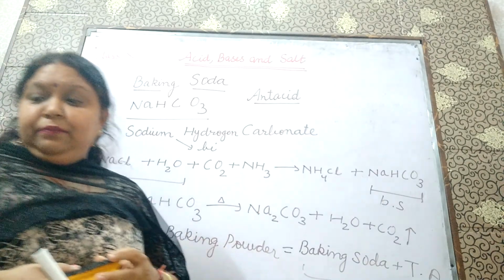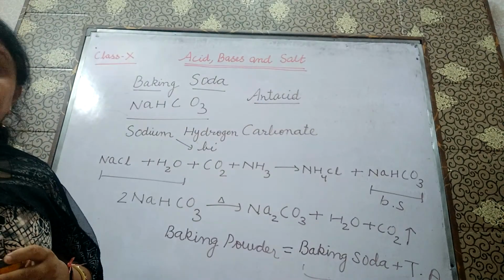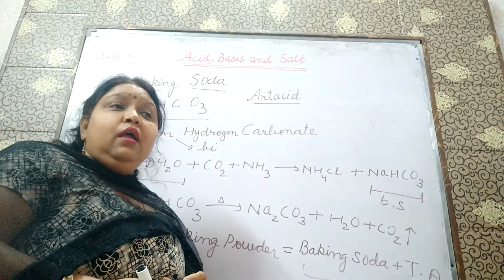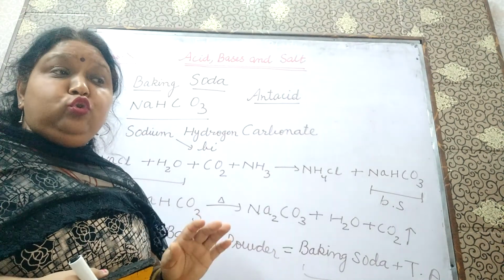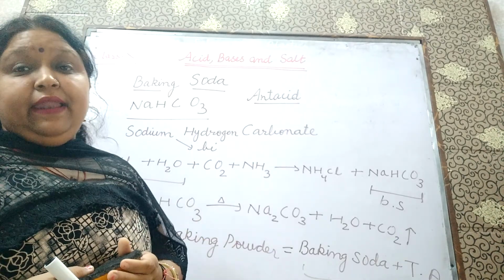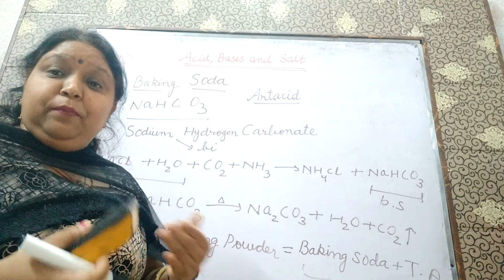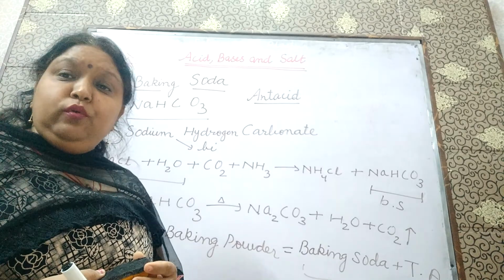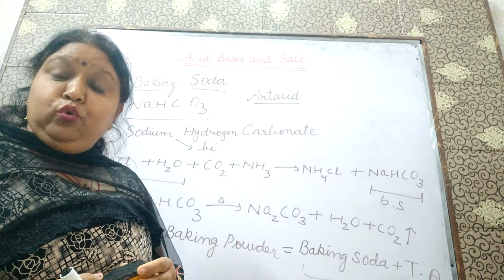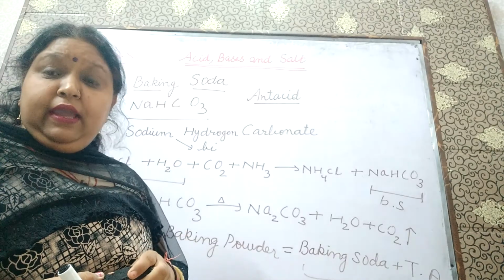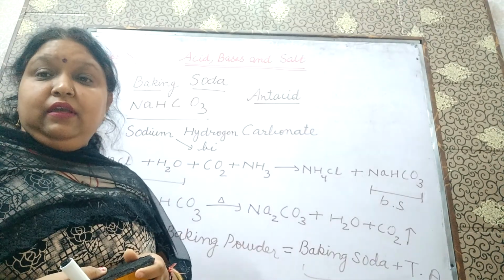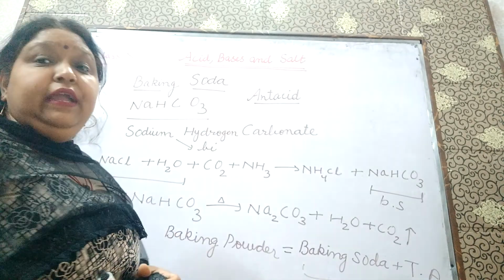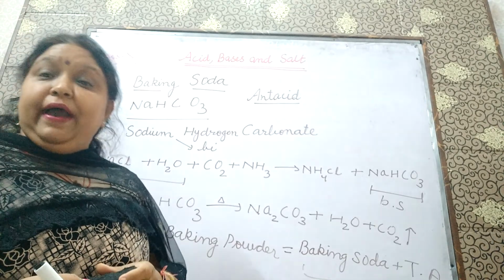Okay. Then it is also used in soda acid extinguisher. What are extinguishers? Extinguishers are the equipments which are used to extinguish, to stop the fire. And how can the fire be stopped? When we start producing CO2 gas. CO2 is a fire stopping gas, okay, and oxygen is a fire supporting gas. So CO2 will stop the fire, and that's why we are using it in soda acid fire extinguishers.